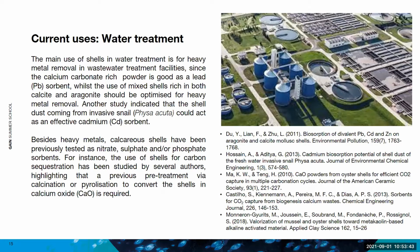One of the main uses is related to water treatment, mainly heavy metal removal in wastewater treatment facilities, because calcium carbonate is really good at removing lead. And the use of a mix of shells rich in both calcite and aragonite should be optimized for heavy metal removal. Not only is it interesting to remove lead, but also other heavy metals such as cadmium, as was studied in other